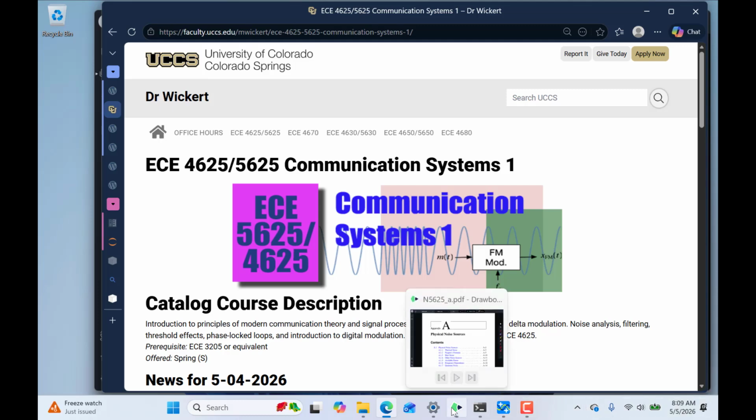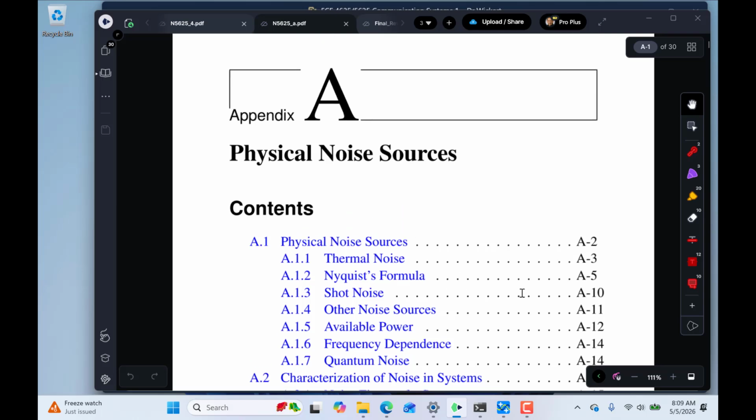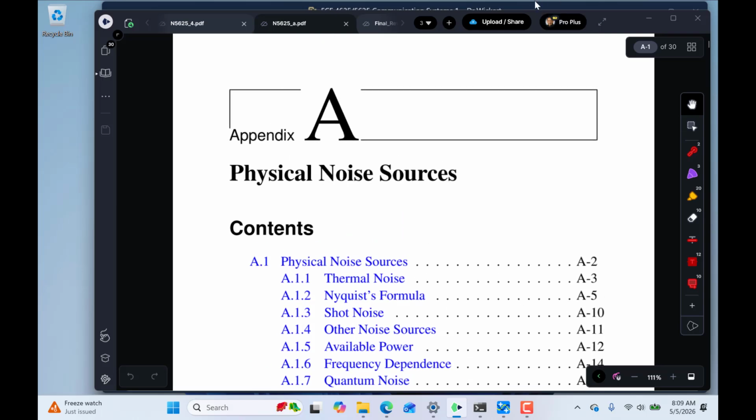The good news is that Appendix A is very straightforward analysis and calculations. No real Python calculations. We could be using LT-SPICE. It's more or less circuit analysis and looking at physics of noise in electronic circuits. But then it takes that all the way forward into systems level modeling,